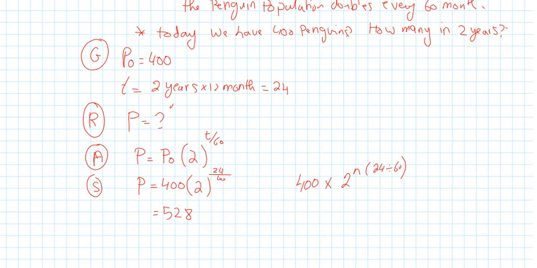You should be getting 527.8 or something like this, where we can't write that, so we write it as 528 because I can't have a partial penguin. Same with population, you can't have point something of a person. So my therefore statement is going to be: in 2 years, the population of penguins is